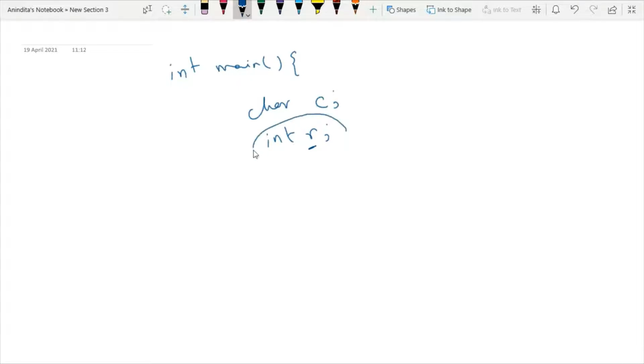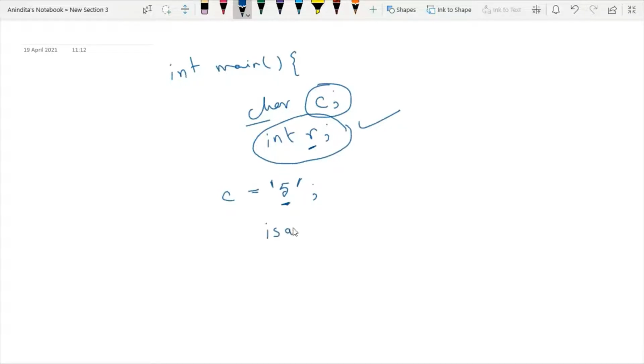So the result in which we will store the output of the function must be an integer. Say in this character, I am storing one value 5, and we know that if we write any digit within single quotes, it will be treated as a character in C.